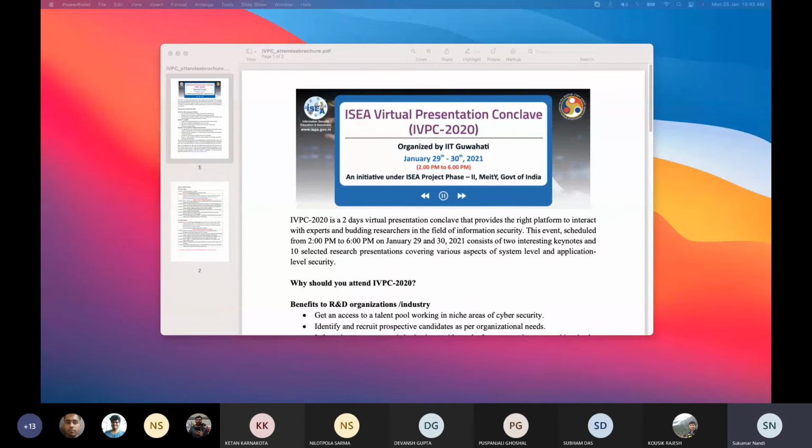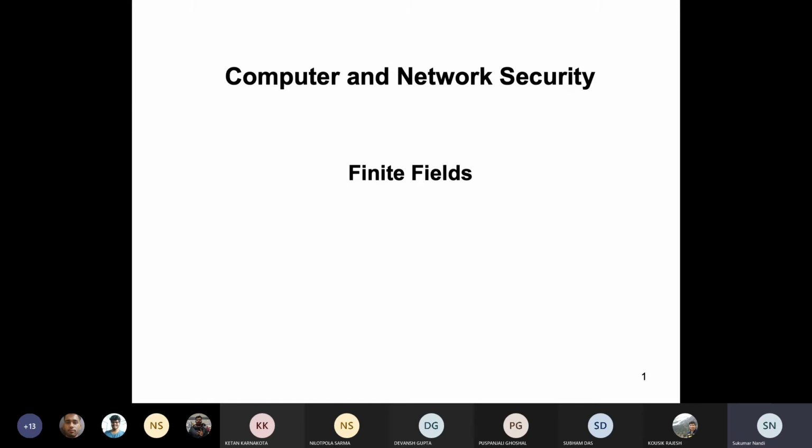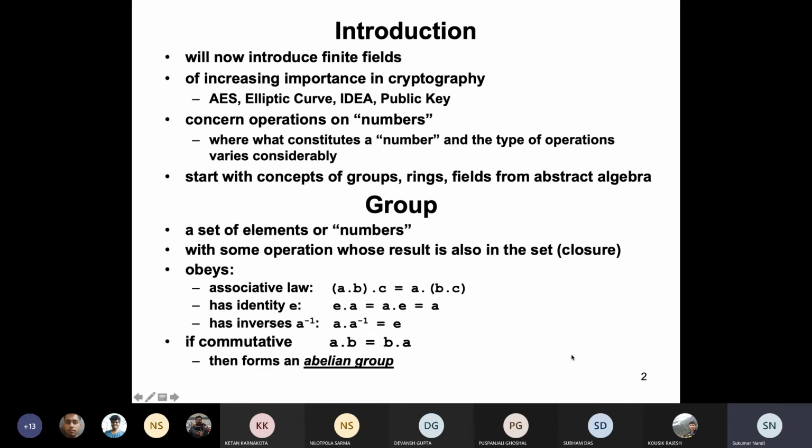We have learned it already, but we will revisit it again. Basically, we'll discuss finite fields and the operations of the finite field, because in digital computers we are using field theory. Each and every element we take from the field, we operate on them, and finally we remain inside the field. Our two operations are addition and subtraction.